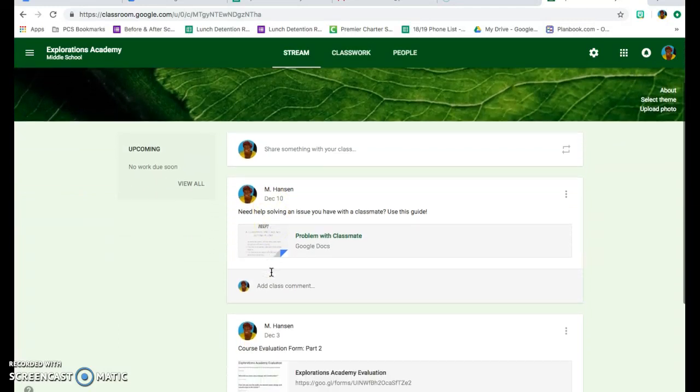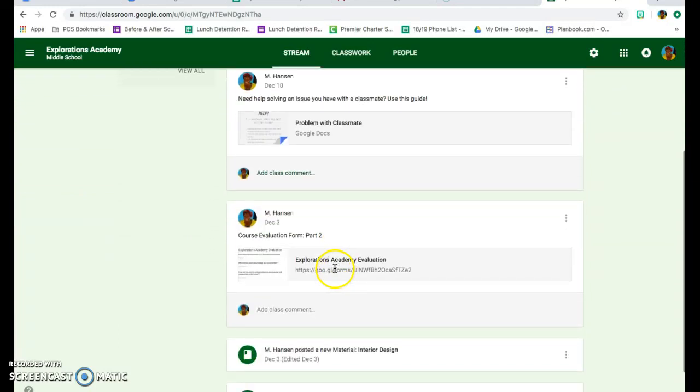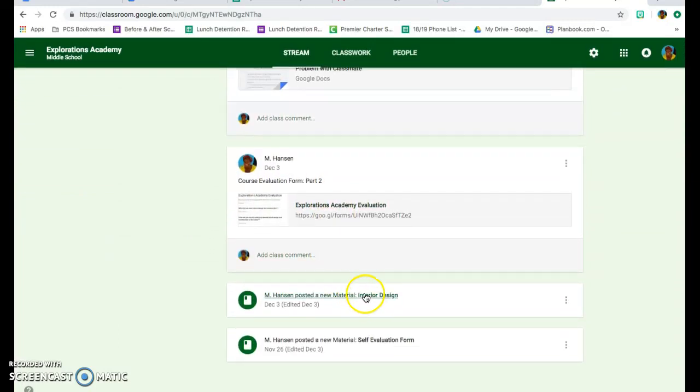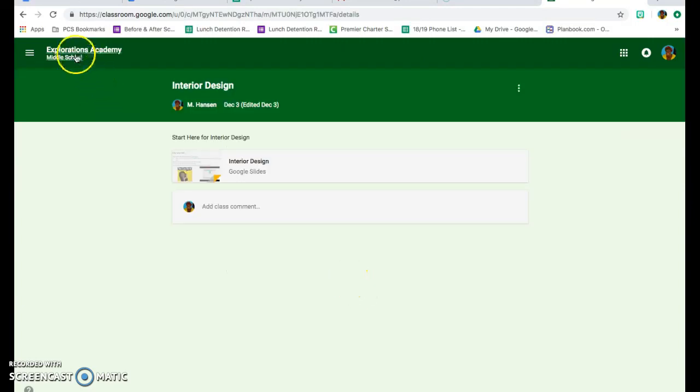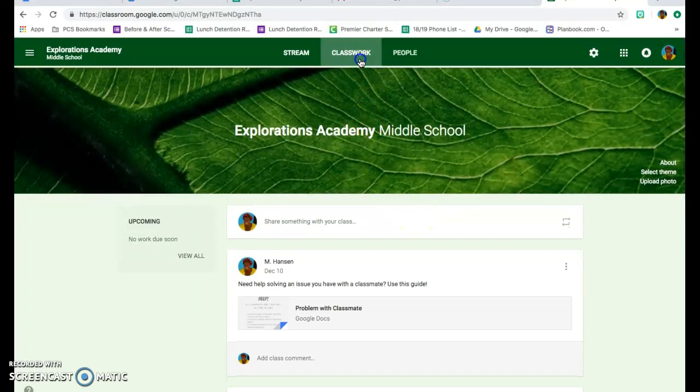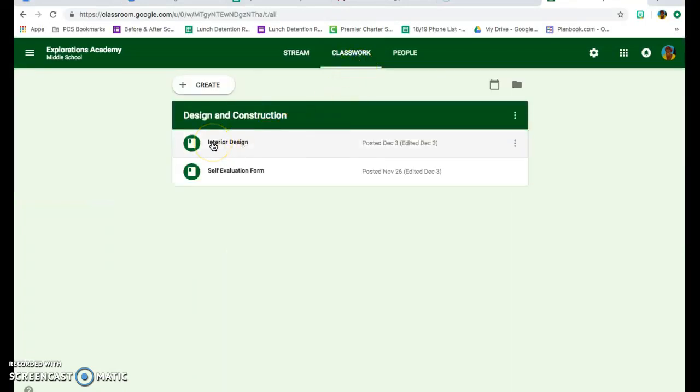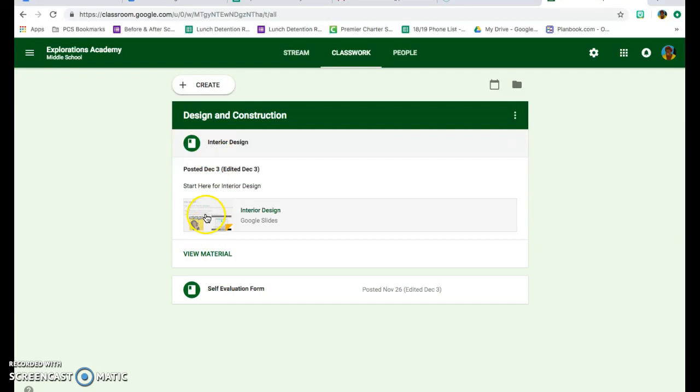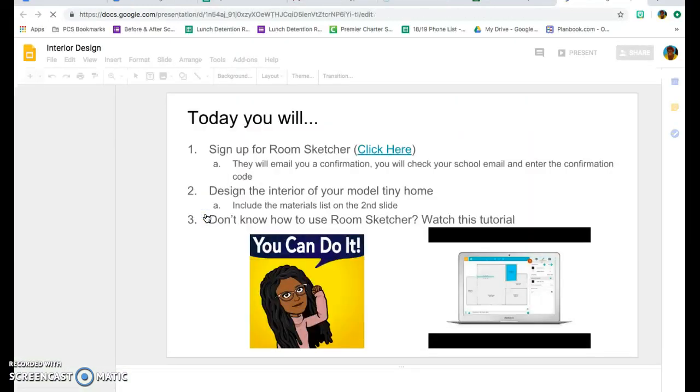So if you're going to Stream, just ignore this problem with a classmate, ignore the evaluation. You're going to click on Interior Design, okay? Or a quicker way to do that once you go into Google Classroom is to click on Classwork. Once you click on Classwork, go to Interior Design, click on the Google slide, and it's going to bring up